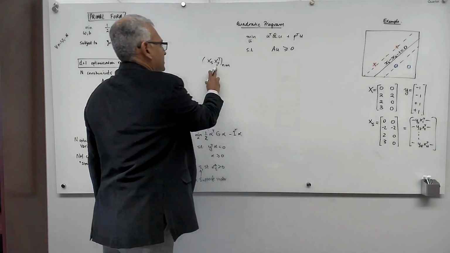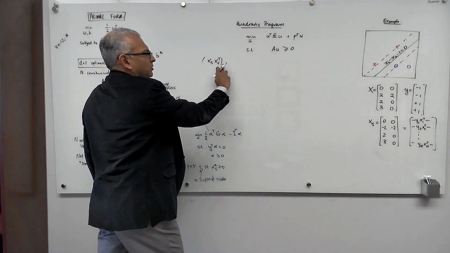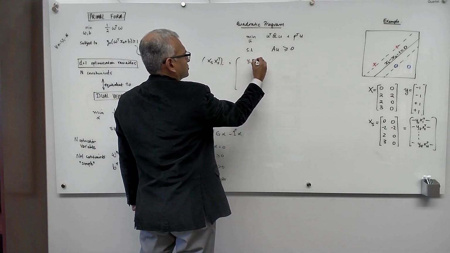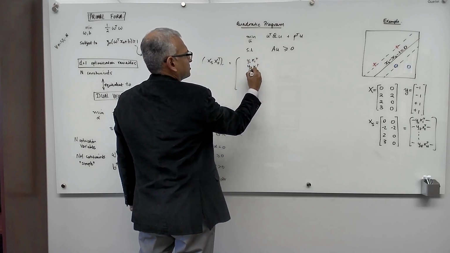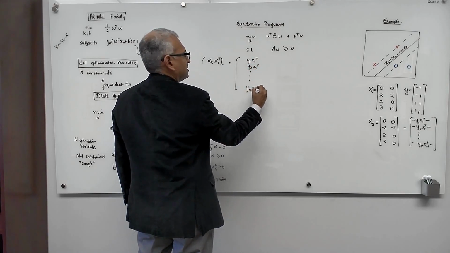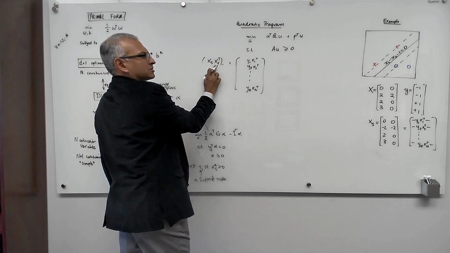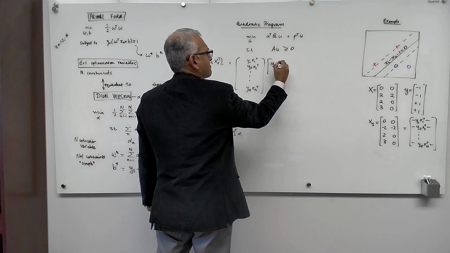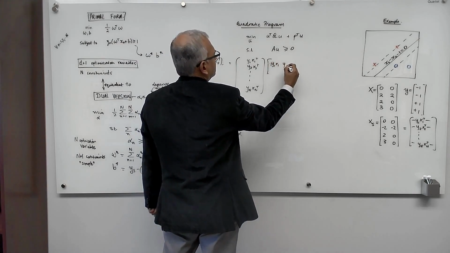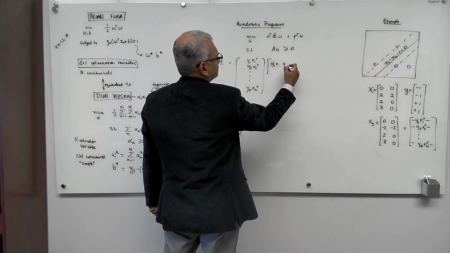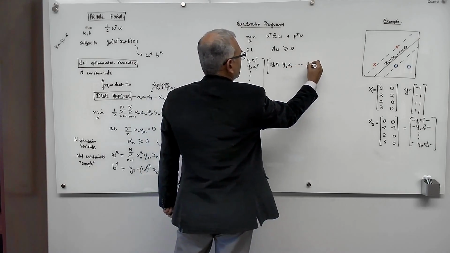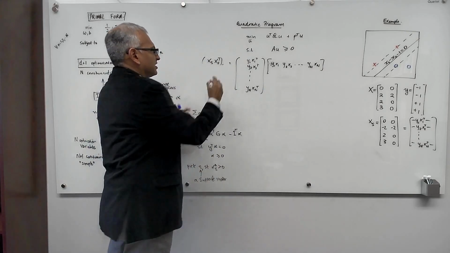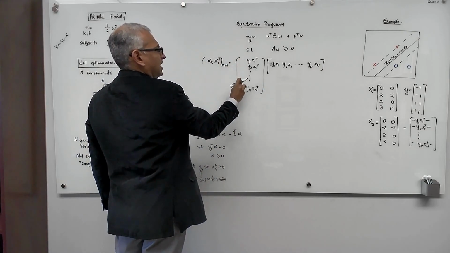So if I do X_s X_s^T, this is X_s, which is y_1 x_1^T, y_2 x_2^T, all the way to y_N x_N^T, times its transpose, which is y_1 x_1, y_2 x_2, to y_N x_N. If I want the nm component, I take the nth row here